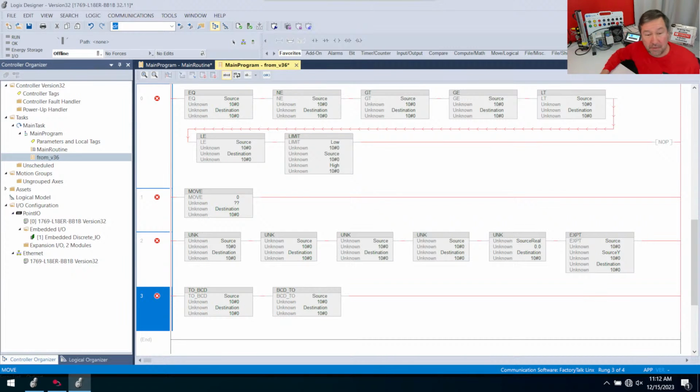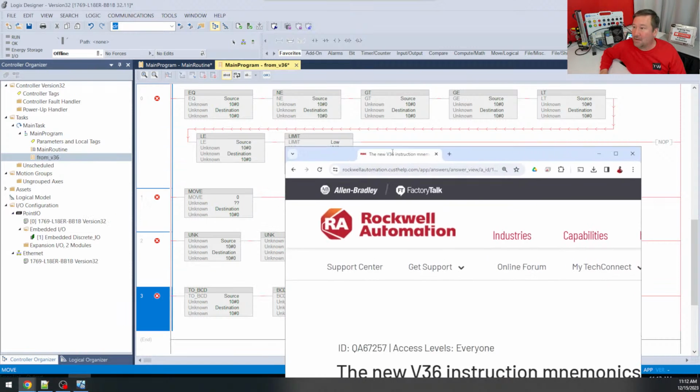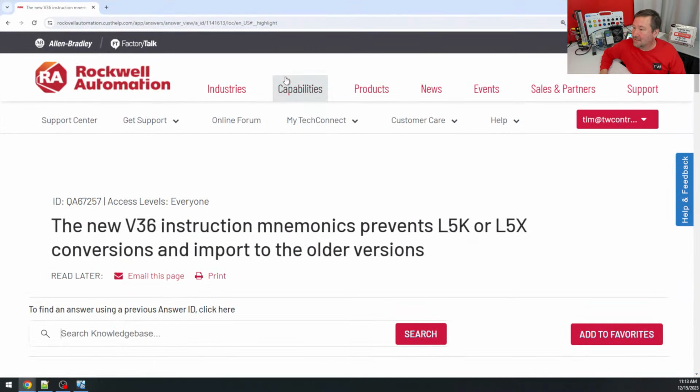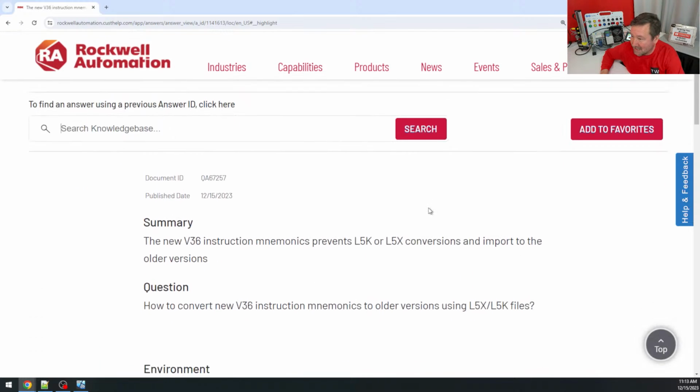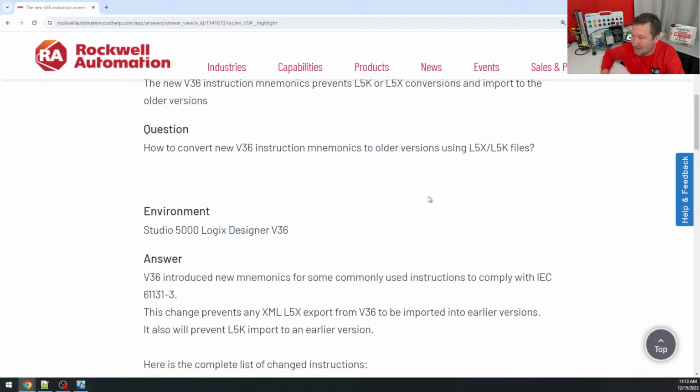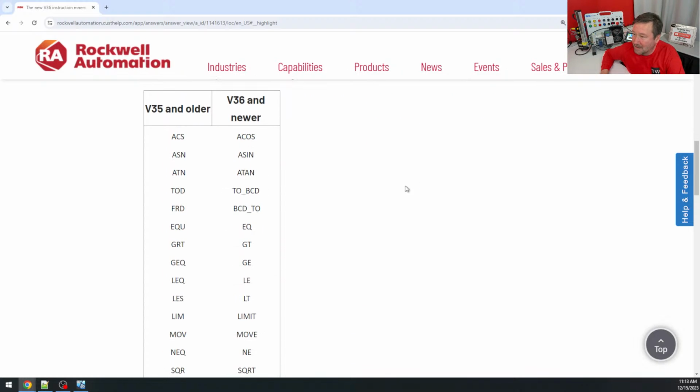Oh, cool. So it has access to everyone. So I can show this tech note. If we look here at this tech note, it is mainly about how to do conversion and import to older versions. This is something I did not know you could do, and I want to learn more about how exactly this particular thing works. But yeah, here are the same instructions that we're talking about, the older ones